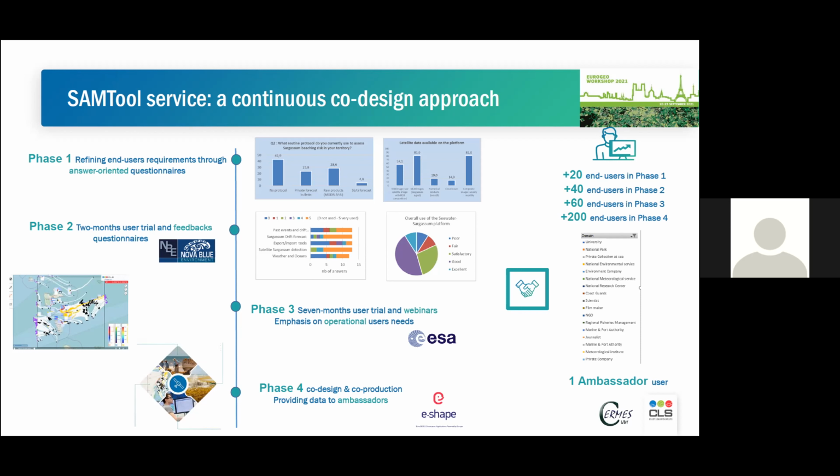Then we entered a second phase of collecting the feedback and improving the system, and a second phase of trial that lasted for 7 months. This was in 2020, again with the support of the ESA. While we initially had a wide range of users in a lot of different activity domains, from university to operational users, security, and environmental agencies,